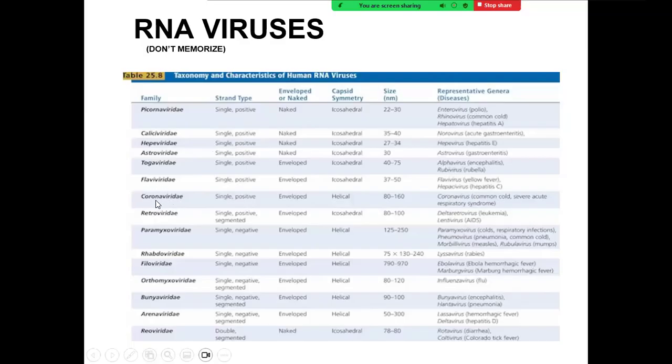Coronaviridae is a family of viruses you are familiar with because COVID-19 is a coronaviridae, but actually coronaviridae was long known to humans long before COVID-19 came out, because this family of viruses is the second most common family of viruses that cause the human colds. Retroviridae are the viruses that encode the retroviruses like AIDS, feline leukemia virus.